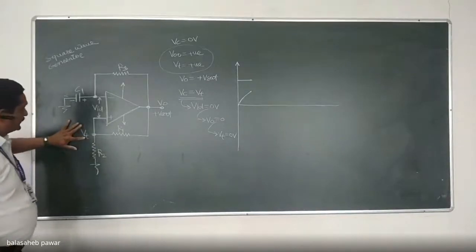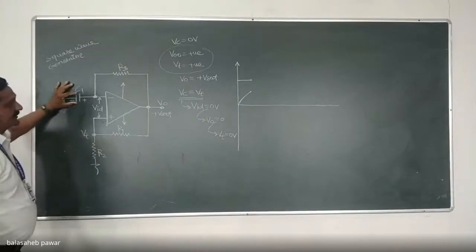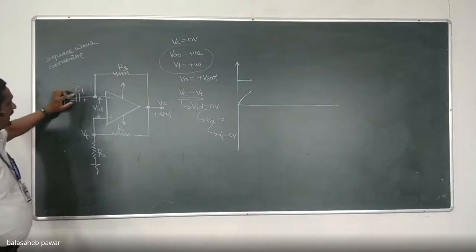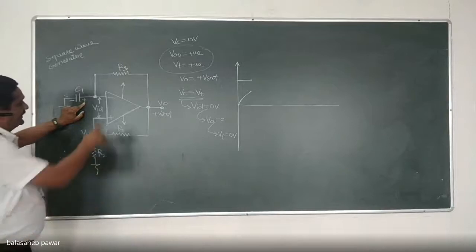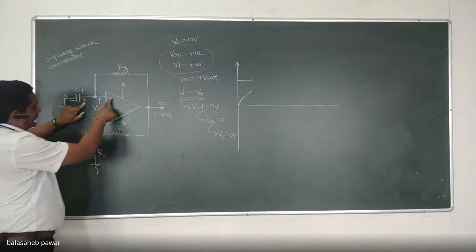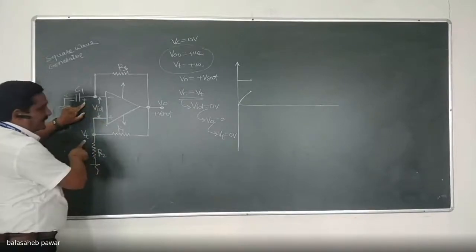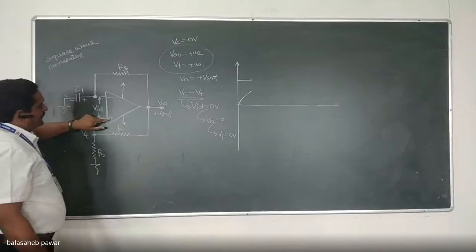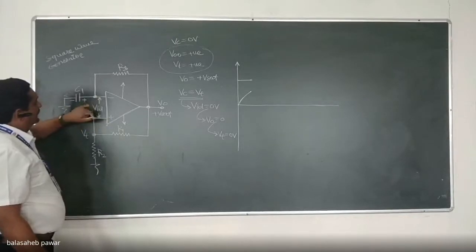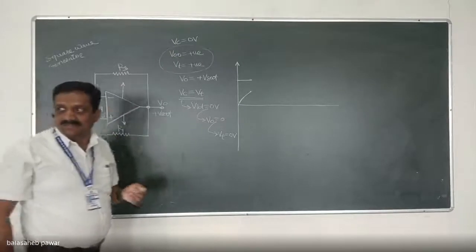Now, see, when VT becomes 0, the capacitor is already charged to a particular level, that is VC, and the polarity is as shown. That means positive towards the inverting terminal. Just consider that time period at which VT goes to 0. That means the non-inverting terminal becomes 0, and the inverting terminal has the energy stored by the capacitor. That is nothing but VC.